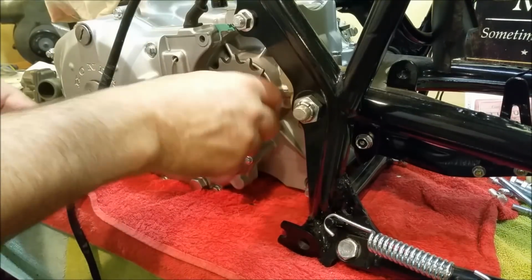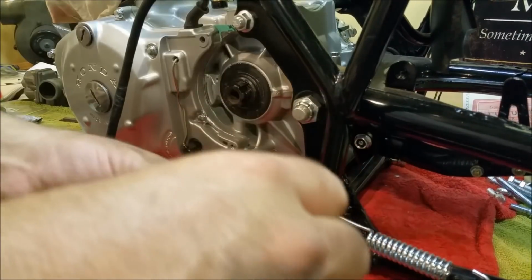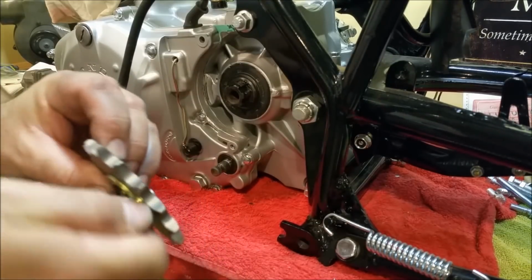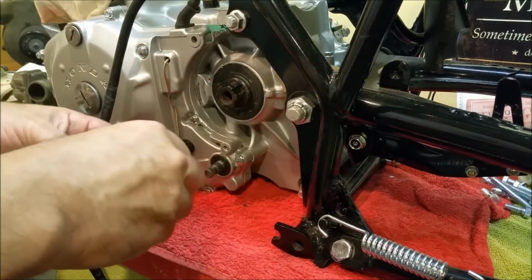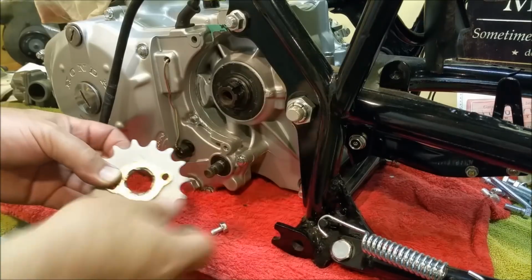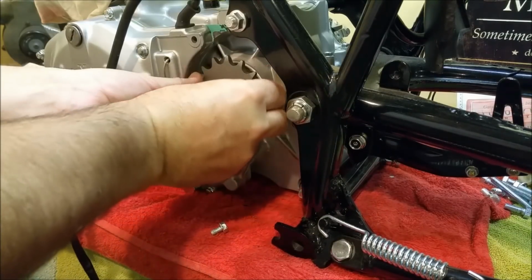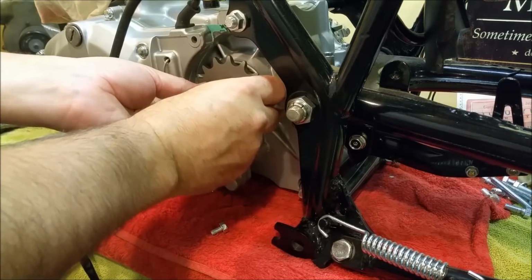I better actually take this off again and just check the depth of it because I don't want it protruding out the other side. So you want to check all this sort of stuff, particularly if there was two bikes here. When you're dealing with stuff that people have messed around with, you just don't know what you're getting into. So you just got to double and triple check everything. It is a pain in the bottom. So I'm going to have to